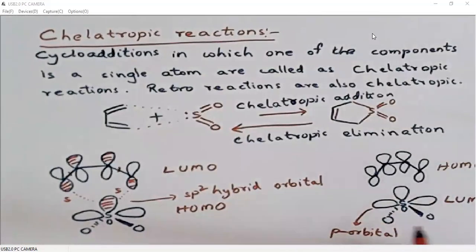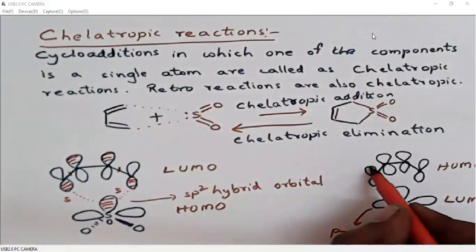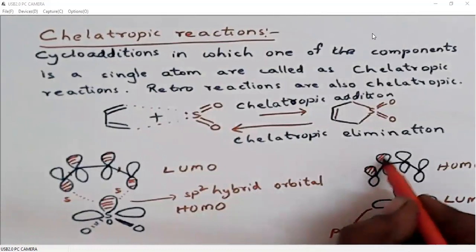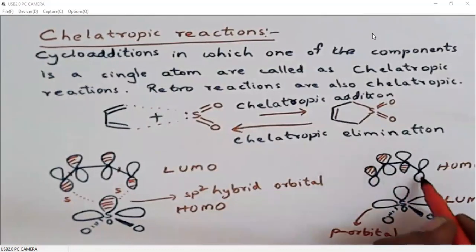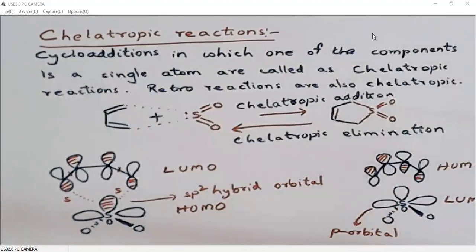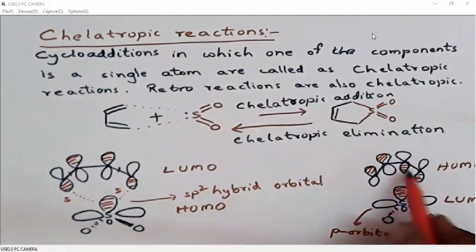In this case, the HOMO is the Psi2 orbital, right? Psi2 means there is only one node, so it will be like this. Then in this case, what we will use is the p orbital. It is not the sp2 hybrid orbital, because if you use the sp2 hybrid orbital, one side is a bonding interaction, suprafacial, it is fine, but the other side gives an anti-bonding interaction. Antarafacial bond formation is not possible with this short chain. So this will not lead to bonding.